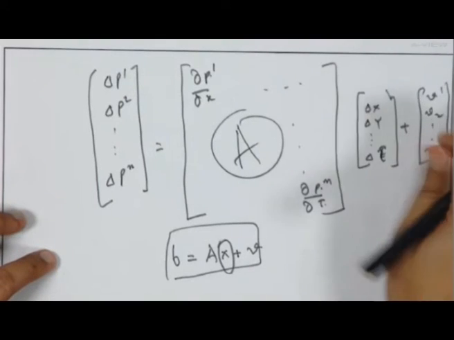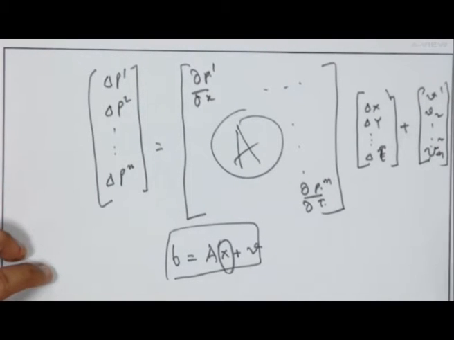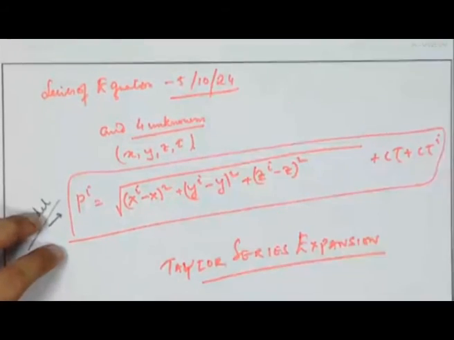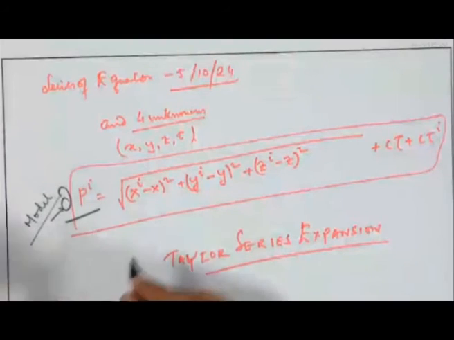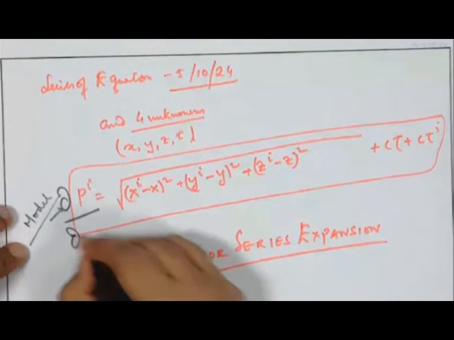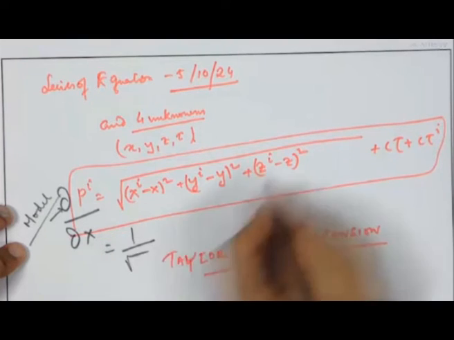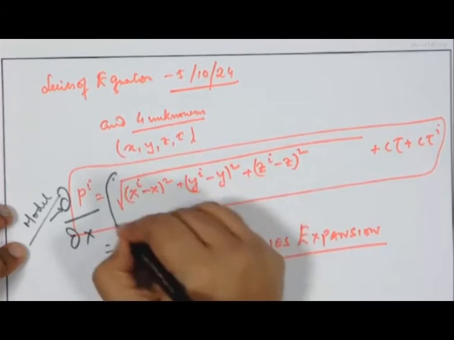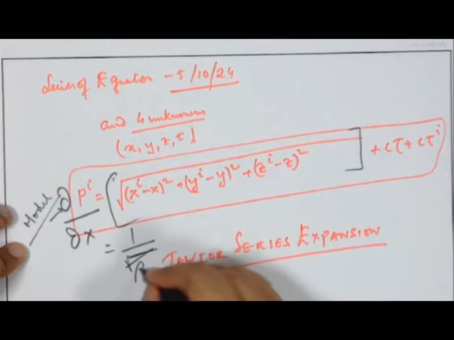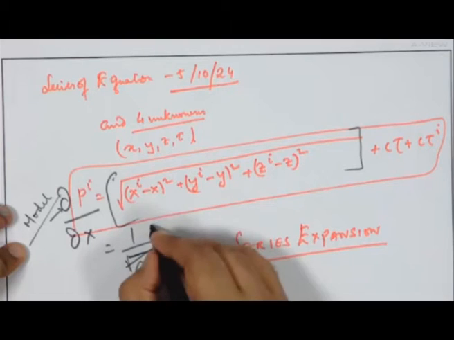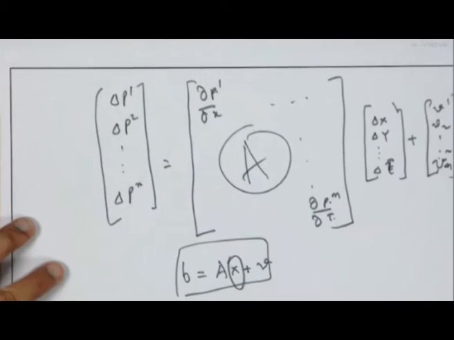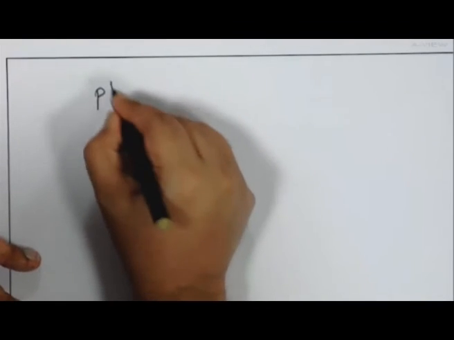So how to find this a? If you see this equation, and if I differentiate over say x, then what I will get is 1 by root of this same thing. So this is rho. 1 by root of this is rho, and then x is 2. So you will get, okay, let me write it and then you will be clear. So if I have P1 is